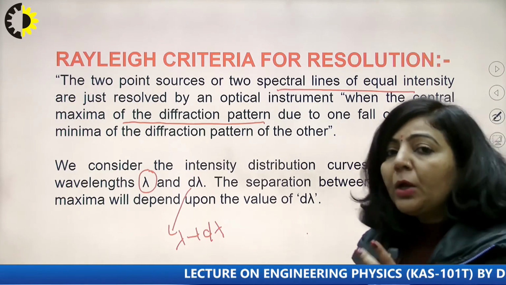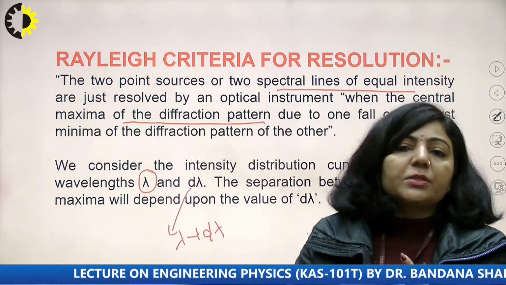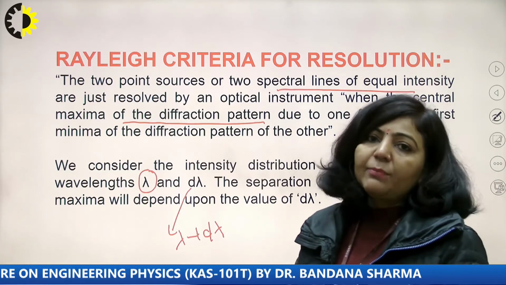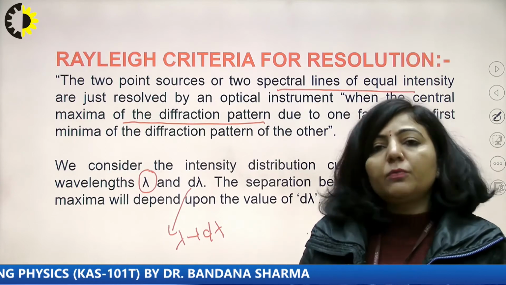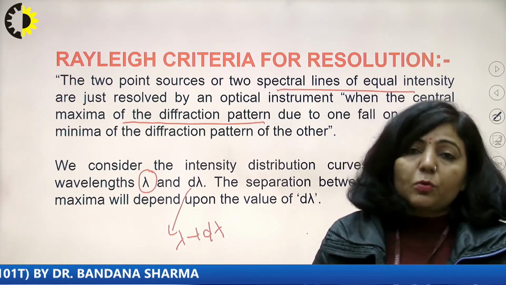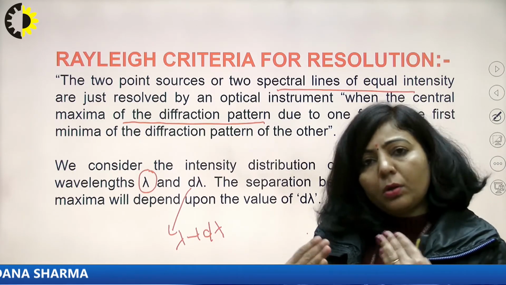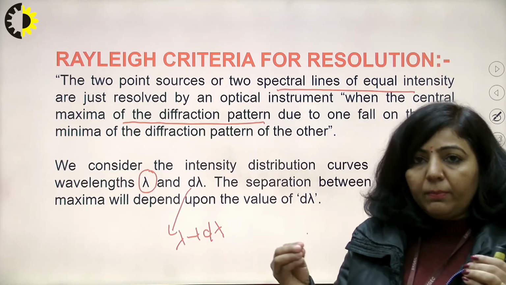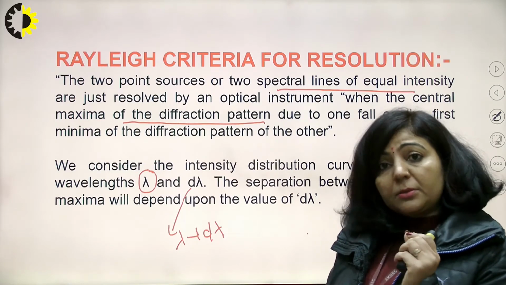What I am saying is, you have two sources with a very small difference in their wavelength. If lambda is the wavelength of one source and lambda plus d lambda is the wavelength of the other source, and d lambda, the difference between the wavelengths of these two sources, is very, very small. The intensities of these two sources are very close to each other, either equal or nearly equal. Now, according to the Rayleigh criteria, we can resolve between the diffraction patterns of these two if the principal maxima,